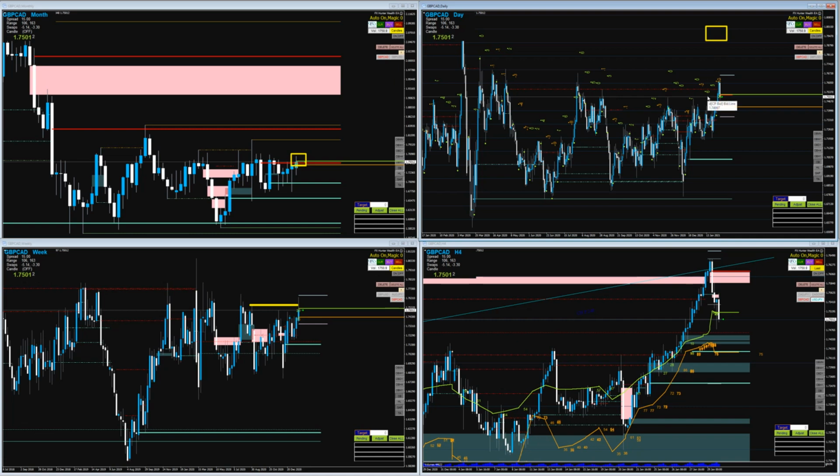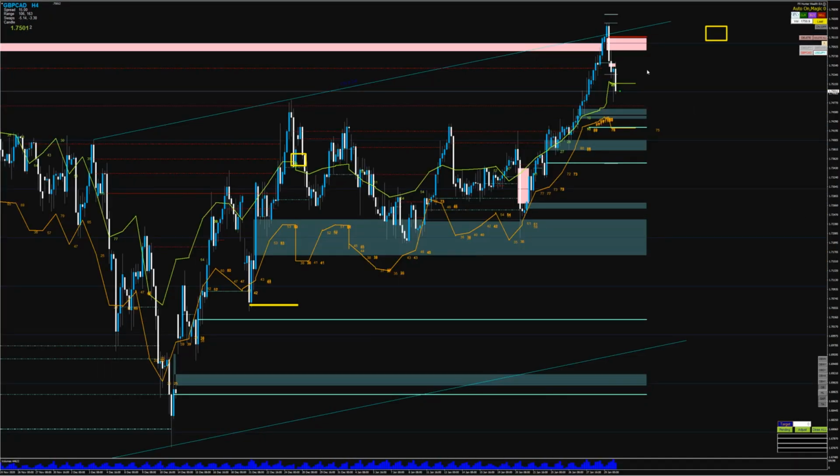So we have the weak pound and the strong CAD, and they are the two currencies which have really strengthened against themselves, right? So I'm expecting a much bigger drop in here on the 4 hours. Look how it actually reacted on this channel here, right? So yeah, I'm thinking we will go much deeper right now. Look again, the number was 10, now the price is smashing through it.